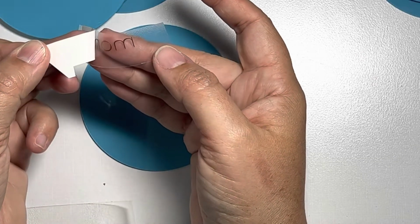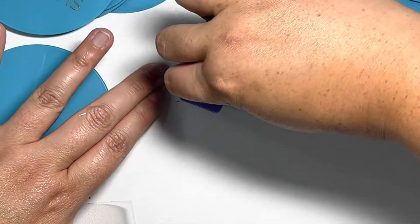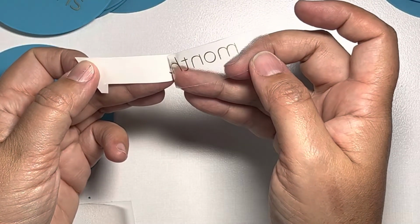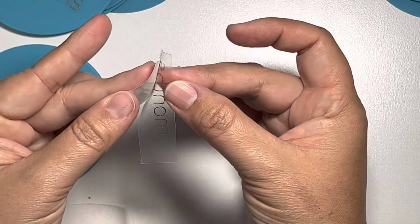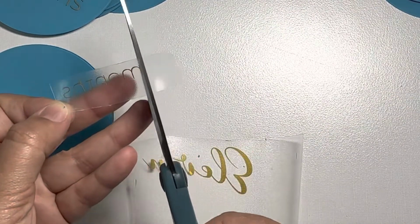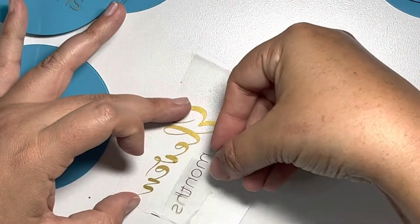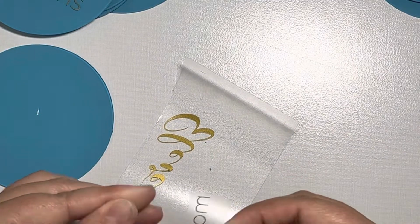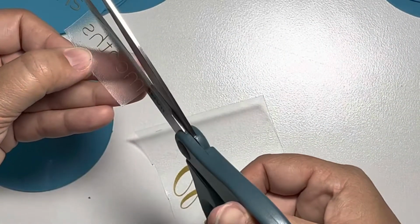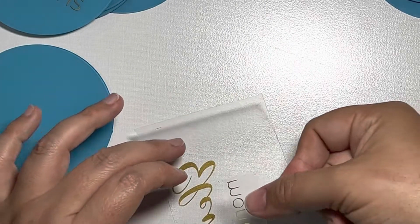Okay. Come on, little one. All right. See, I didn't do it very good. Let's do this one more time. Come on. Okay. So, I'm going to shave this on the side. And then where do we want to place it? We're going to want to go under, right? I'm going to shave a little bit more. And then we're going to put it